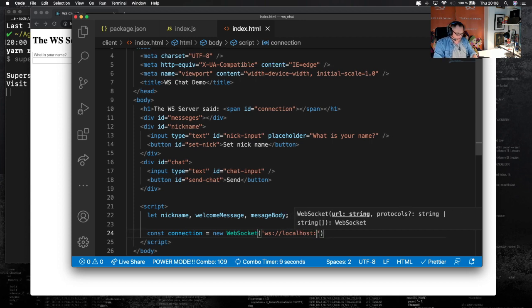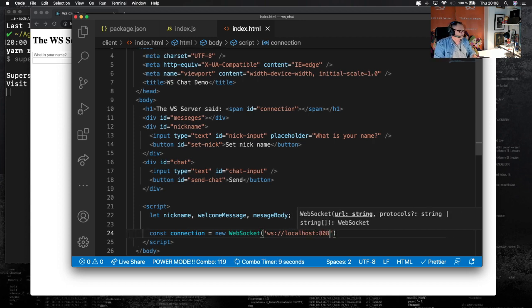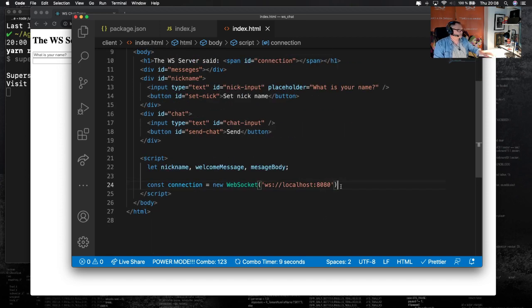What was it? 8080, right? 8080. Right. So now that we have the connection established, we will